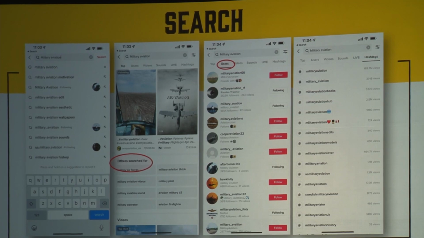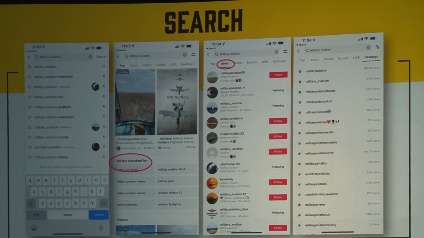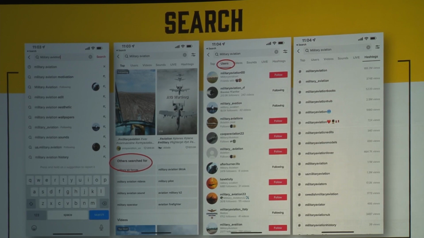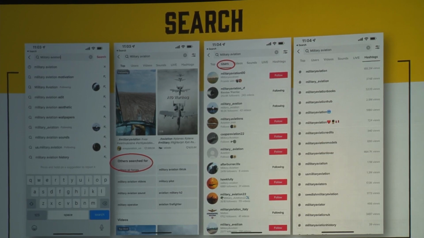And what happens mostly is that somebody searches on something, and the very top thing they get before those others searched for in that second panel is a couple of actual posts. So 99% of people are just going to find posts they want to watch on military aviation in this case, or basketball, whatever it is, and start watching them. They're going to ignore the rest of this information, but you're not. You're going to look at that other information because that's really useful to you in finding other accounts to follow and choosing hashtags to use and themes, etc.